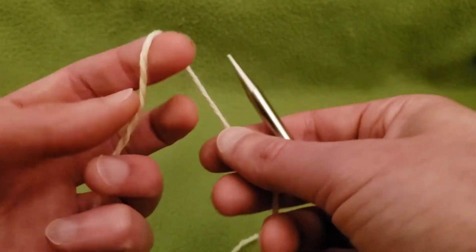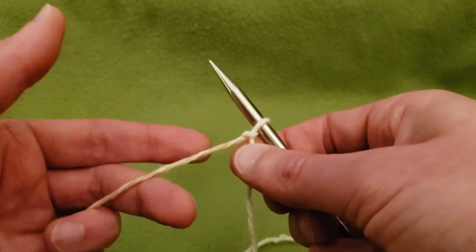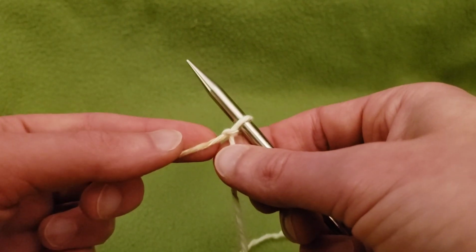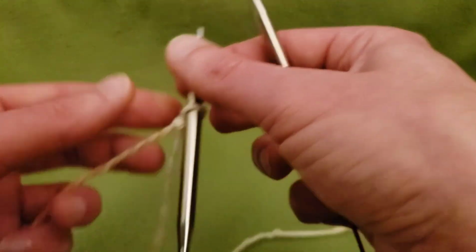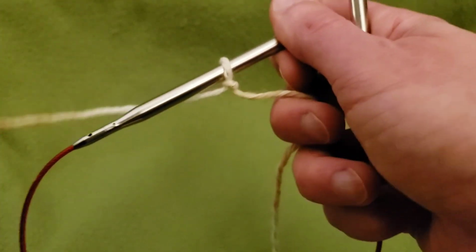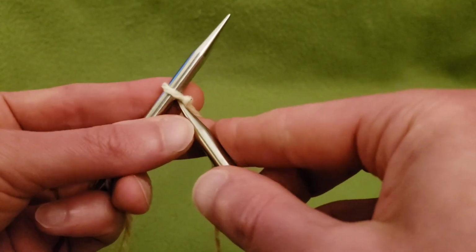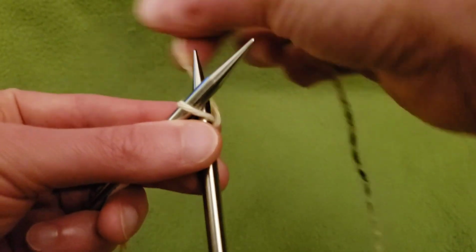Okay, so for the cast on, we're going to start with a slip knot as per usual. Now, you could technically do a long tail cast on, but I find that the knitted cast on is a bit looser and a bit more flexible, which is a good thing, I believe, as far as the neckline is concerned. So that's what we're going to do. So basically, you're going in, making sure that you're using your working yarn, not your tail. I've done that many, many times. So you're going in to that stitch as if to knit, wrap the yarn around,